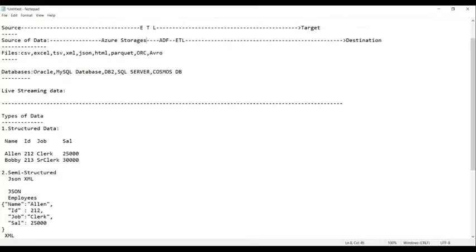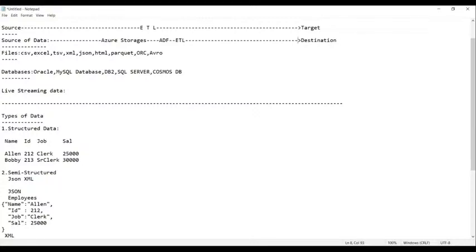From the Azure storages, the data will be picked up by ADF, that is Azure Data Factory, and then ETL will be performed using Azure Data Factory, and finally the data is sent to the destination. Am I right, everyone?